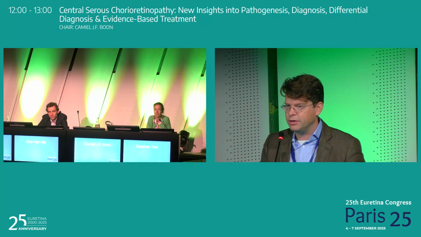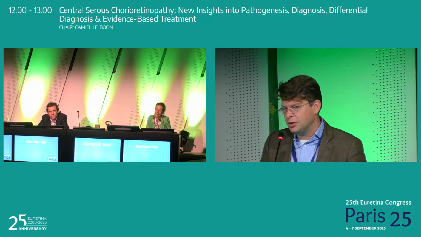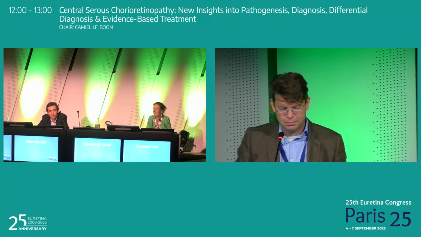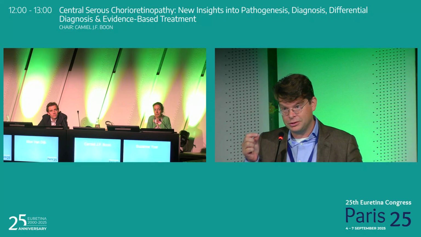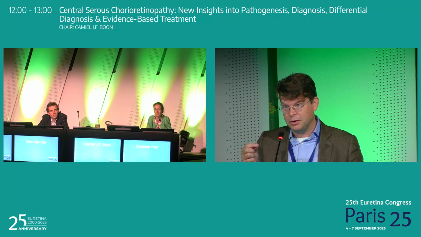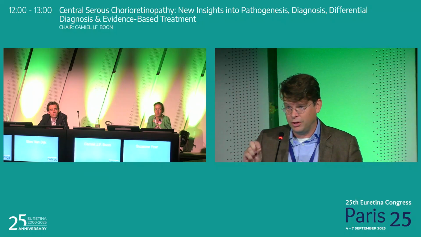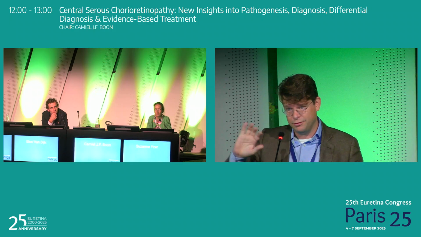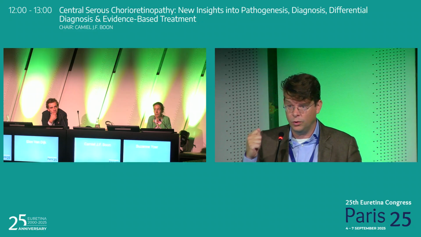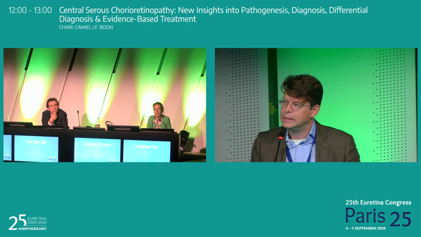That's a very interesting question. We can discuss that. There's very little evidence, because many people, for instance with PDT, are hesitant to treat such a central PED because of being afraid of inducing atrophy, etc. But if it's a very central, large PED, it can have quite a lot of symptoms. So what I would do in that case is, first of all, of course, it's an open door, make sure that it's really CSC and not, for instance, confluent drusen or whatever. So do an FFA and ICGA. If you see the typical leakage of CSC, okay, you know that the choroid is the primary problem.